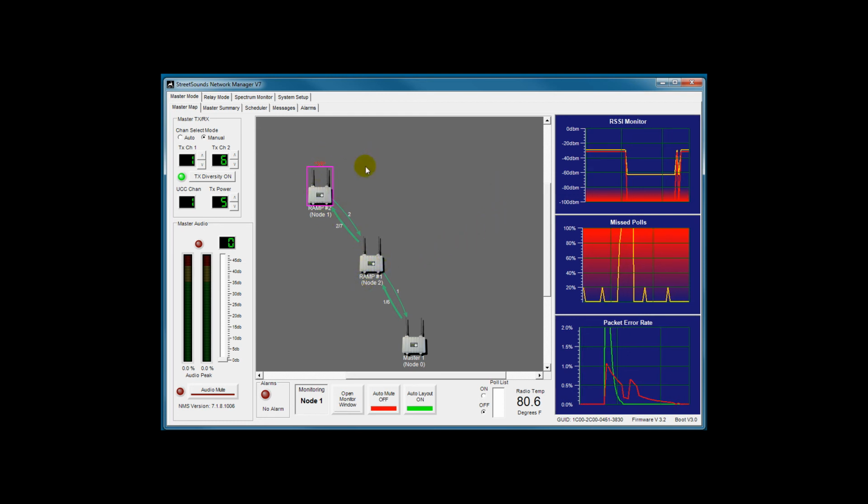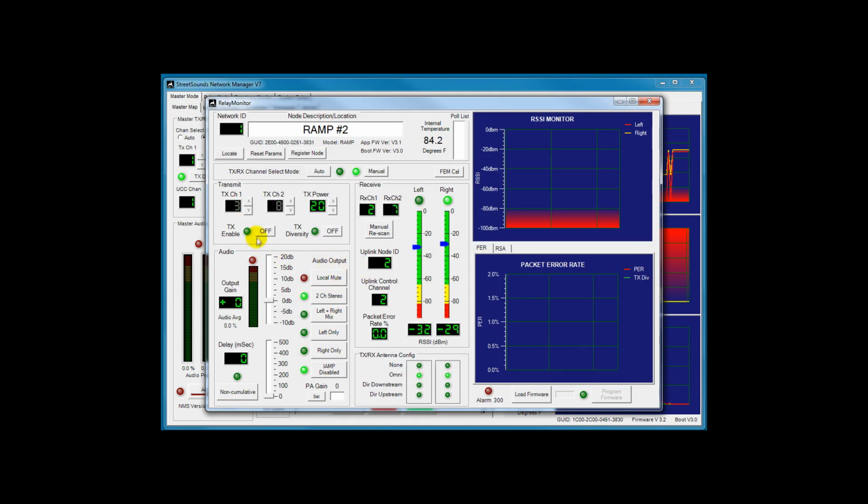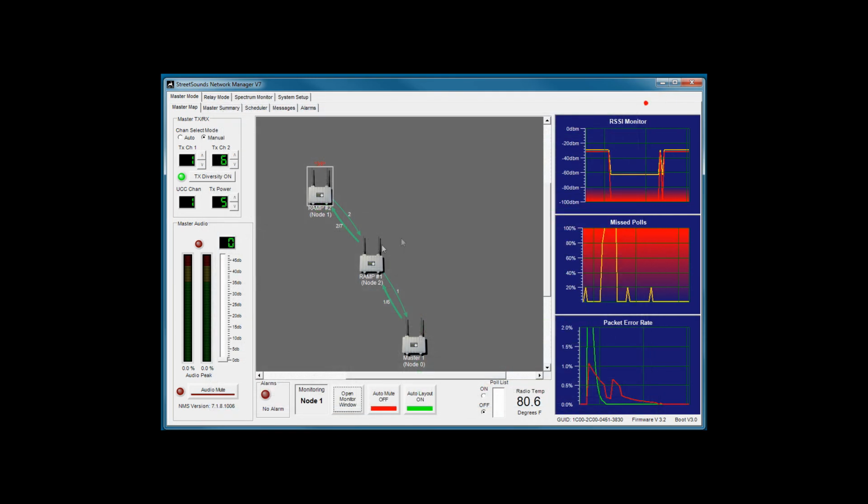And then as you get further on down the line, it gets a little harder to set those up, but just by enabling that transmitter, and just make sure that when you put these remotes up on the pole they're in auto mode. Otherwise they'll be looking for a specific channel and you'll have to step through and find where they are. But anyway, that's a quick overview of how to set up a repeater or a relay node,